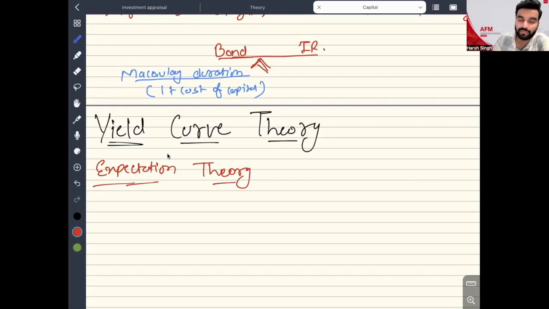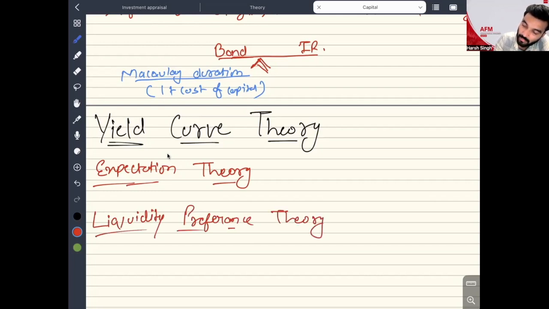Right. Liquidity preference theory. Now, as per this theory, the investor is deferring his consumption and requires a higher yield as a compensation. So if you are giving it for 1 month, you will get less return. If you give it for 2 months, you'll get more returns. If you give it for 3 months, you'll get even higher returns. So for the longer you put down your liquidity, for that time you are getting paid.